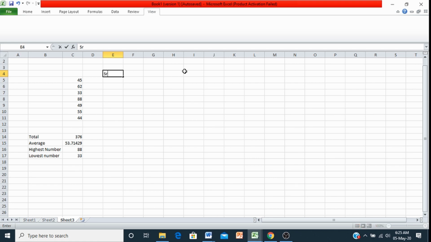I'll just put serial number over here, then name of the student, next thing would be I'll put English subject, then Hindi, math. 3 subjects I'll put. Here I'll put total. Okay.